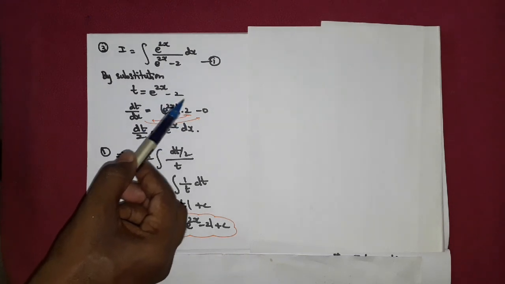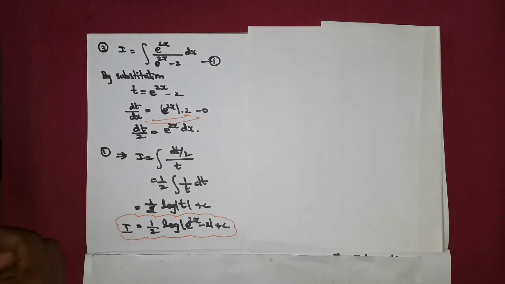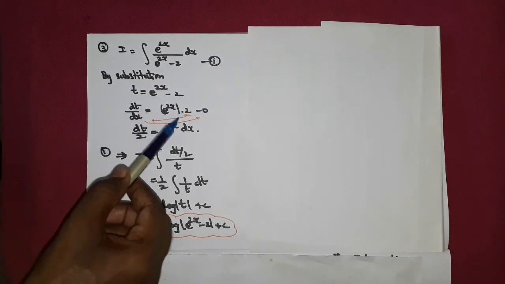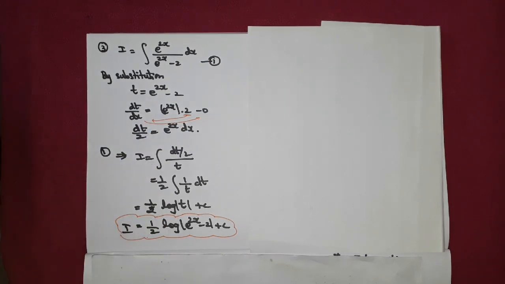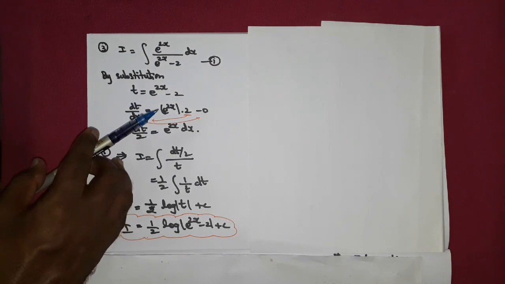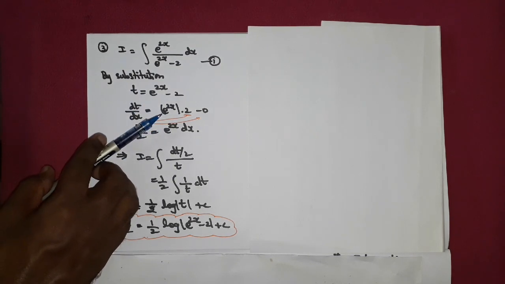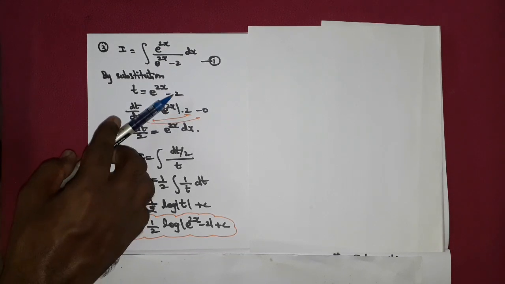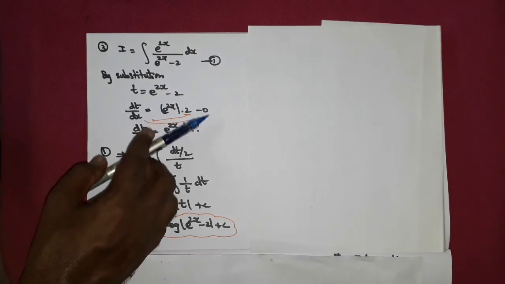Right. So the number 2, when you differentiate normally, you get 0. We are doing differentiation, keep in mind. When you differentiate e power 2x, you get e power 2x into 2. But whereas in integration, you get e power 2x by 2. So it's quite different, keep in mind. Right. So e power 2x, when you differentiate, what do you get? e power 2x into the coefficient of x, 2. Minus, when you differentiate a number, the answer is 0.